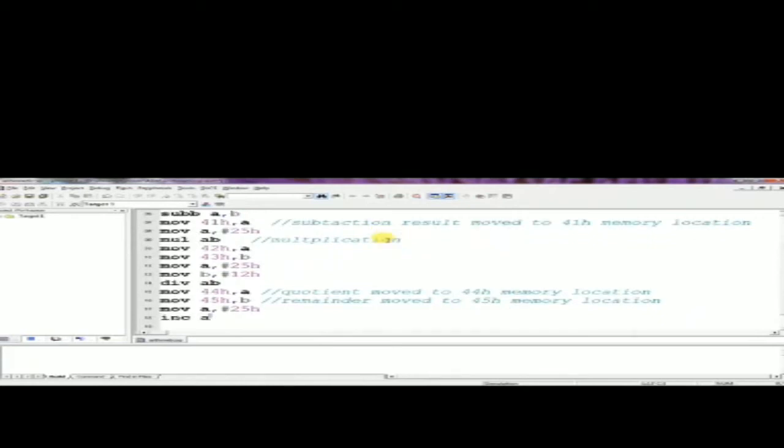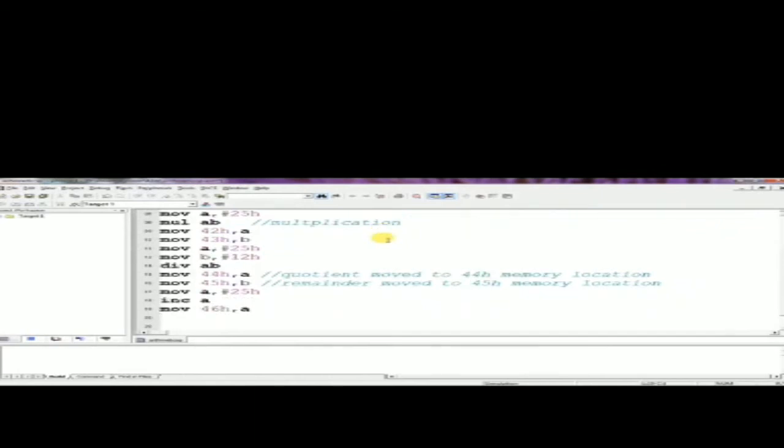Next, we can also increment the value 25h, or decrement the value, and store it in the 46h or 47h memory location.